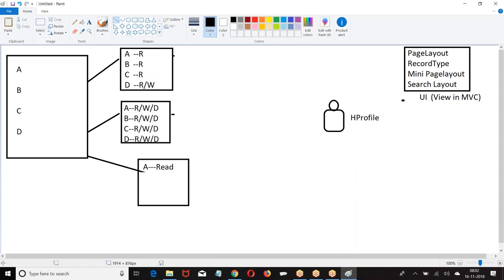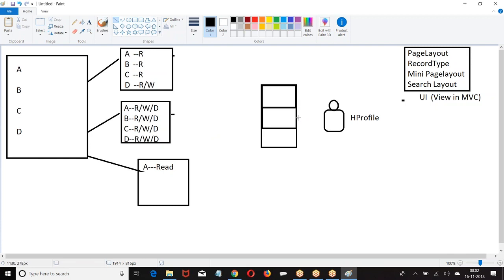Generally, one person should have one view. Every person will have only one format of view for an object. But if this person wants different views of the same object, then we introduce a concept called record type.